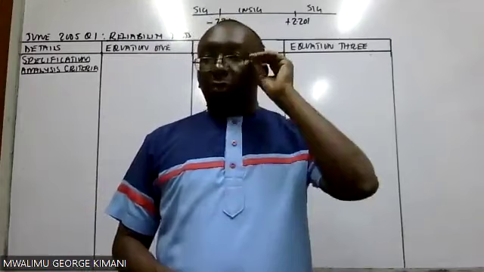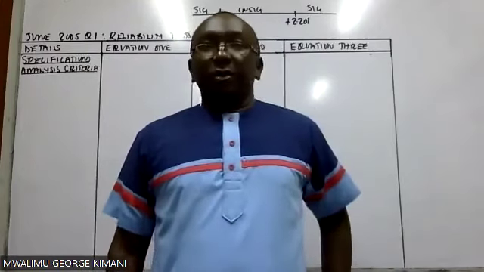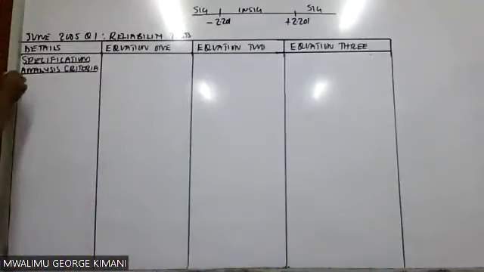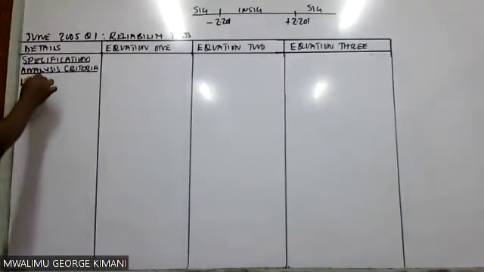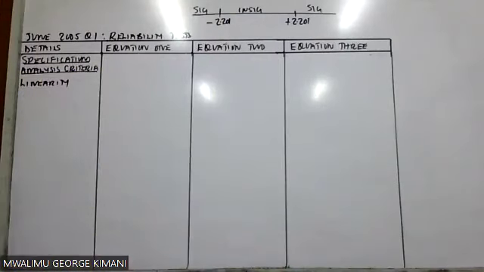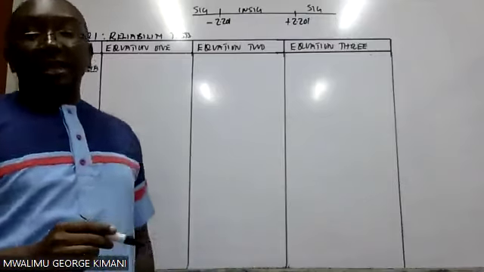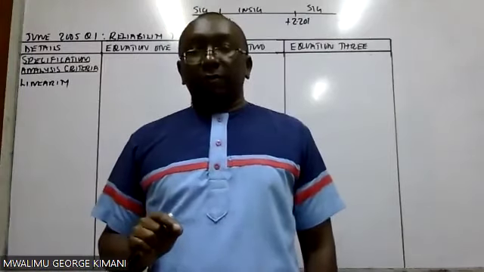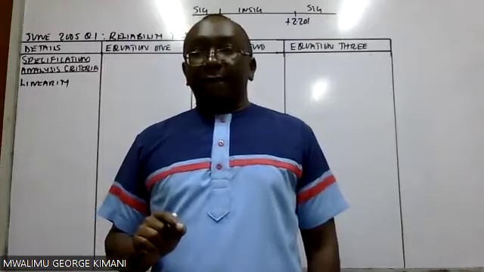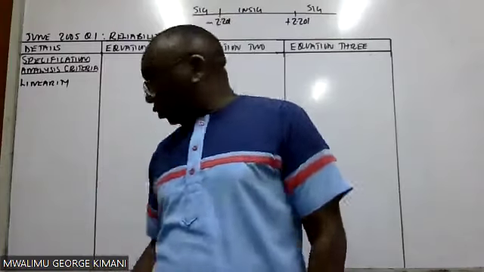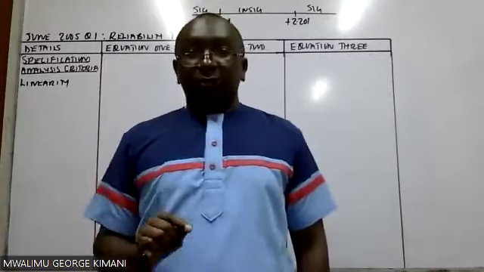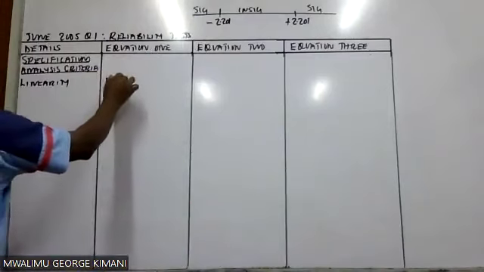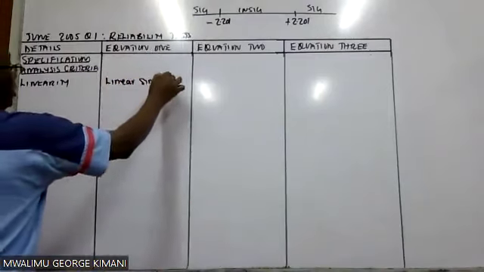Now, the first assumption, we called it linearity. And that one will apply here. It will apply here because we said you either test it using the graph or using the equation. In our question here, you cannot see a graph, but we can see the equations. So we are going to say this one is linear